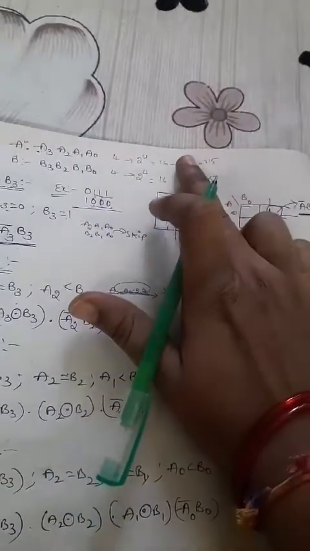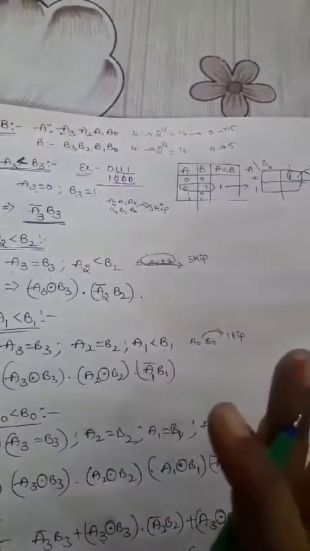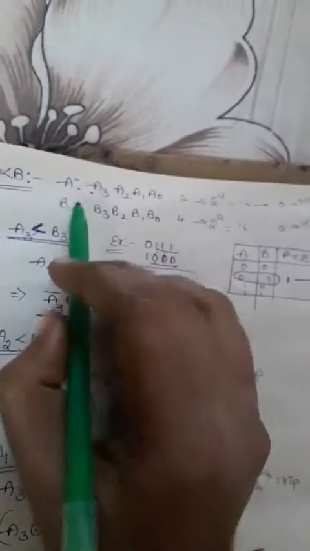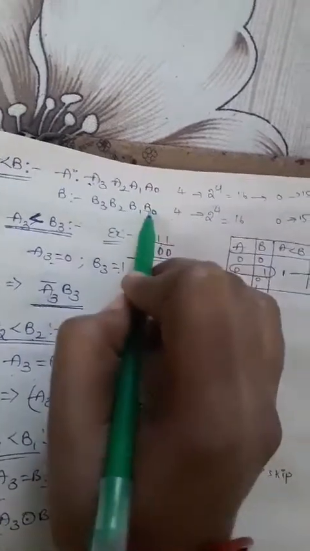Why I am reducing this truth table: actually it has 16 combinations for A and B, and it's not easy to make the truth table. Totally 32 combinations, it's not easy to make that truth table. That's why I can reduce that truth table like this. How to write the truth table: I will go with each input, that is A3 compared to B3, A2 compared to B2, A1 compared to B1, A0 compared to B0. So I will reduce this truth table like this.